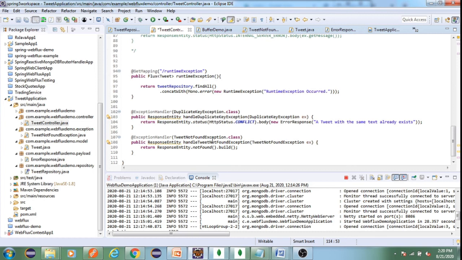Programming using WebFlux. In this video I am going to show you a hands-on example with a Mongo reactive repository. In the previous sessions we have discussed traditional API versus reactive API, the thread-per-request model, certain Spring reactive operations, and one simple controller-based application. In this application we are going to use a Mongo reactive repository.